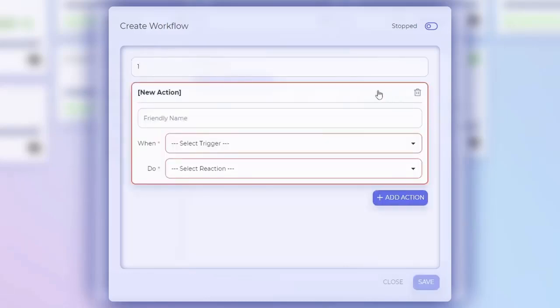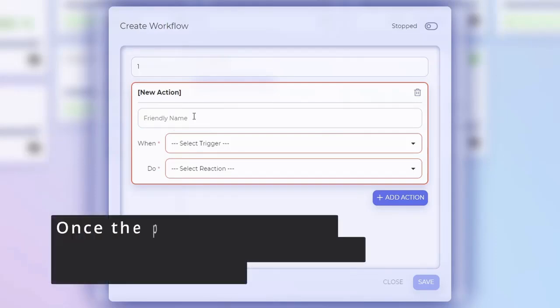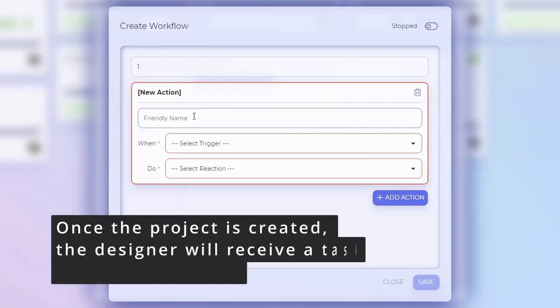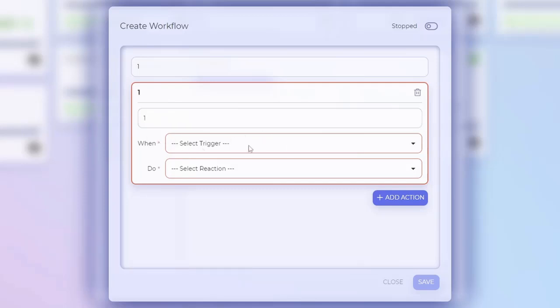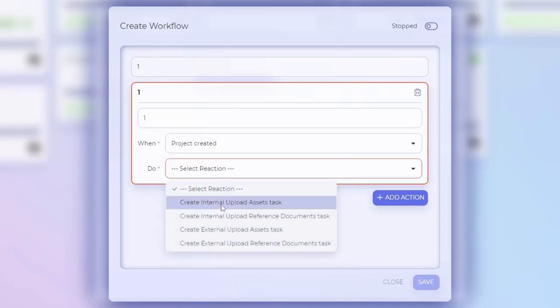So a workflow will consist of different actions. Based on different triggers, the system can perform different tasks. For example, I want to set up a task so that when the project is created, I want the designer to receive the task to upload the file. So the step will be number one, the trigger will be project created, and the action will be create an internal